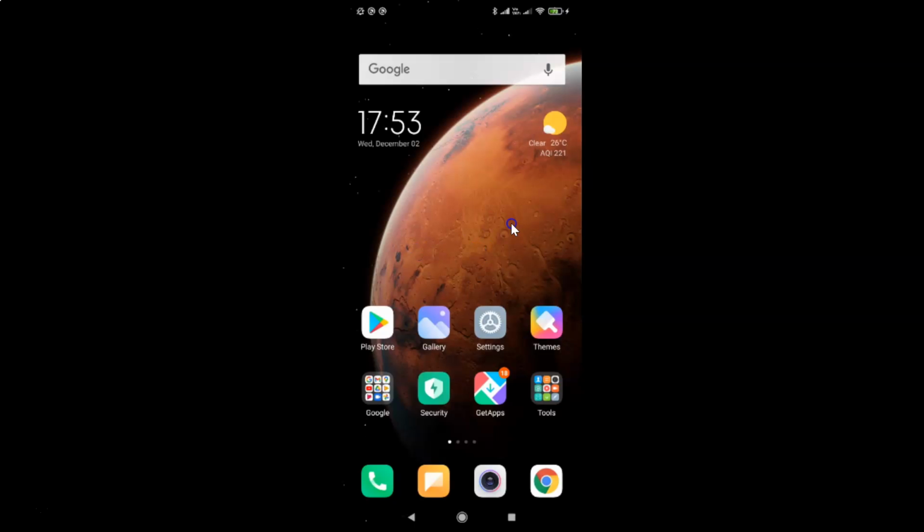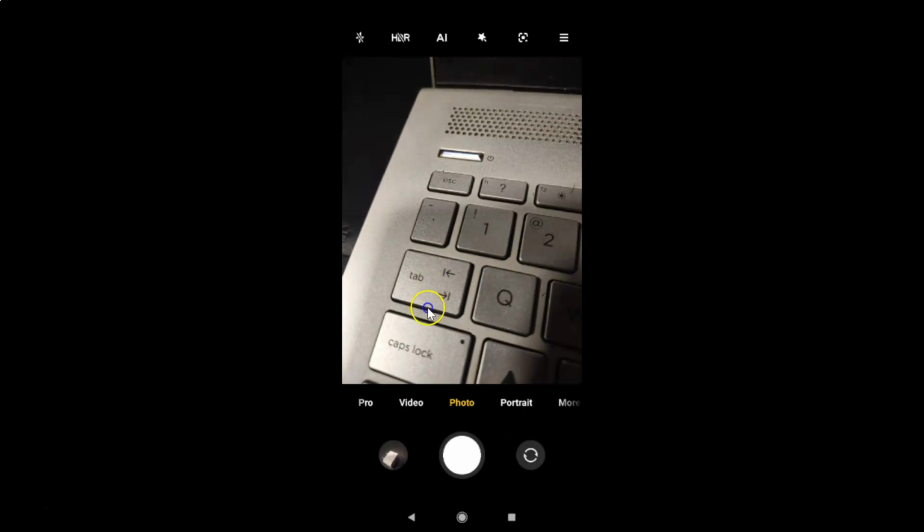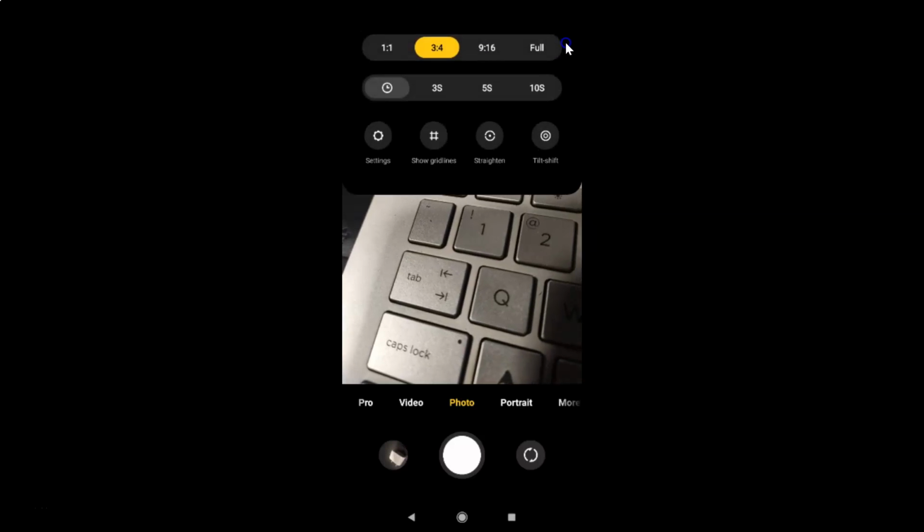have to open your camera app. So just find your camera app and then tap on it to open it. So here is my camera app. Let me tap on this to open it. You can see guys it's opened, and make sure guys you have this photo mode selected, and after that you have to tap on this three horizontal lines at the top right. So let me tap on this, and then you have to tap on this settings,